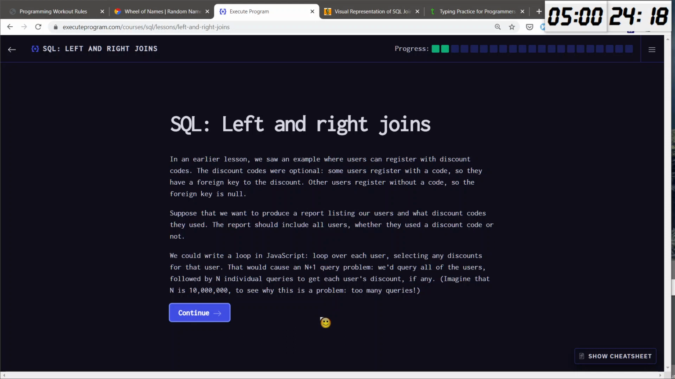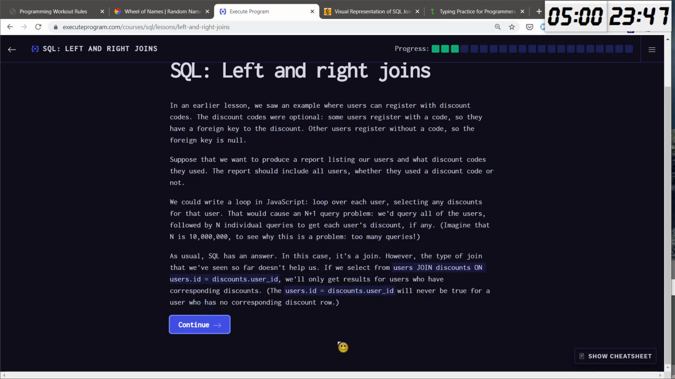We could write a loop in JavaScript, loop over each user, selecting any discounts for that user. That would cause an n+1 query problem. We'd query all of the users followed by n individual queries to get each user's discount, if any. Imagine that n is 10 million to see why this is a problem. Too many queries. As usual,